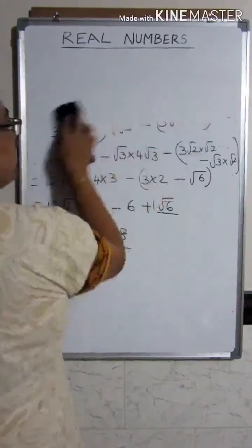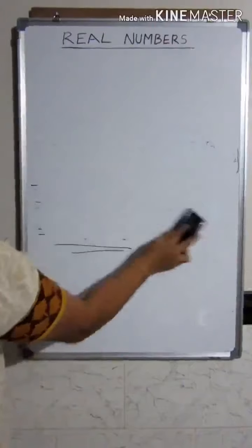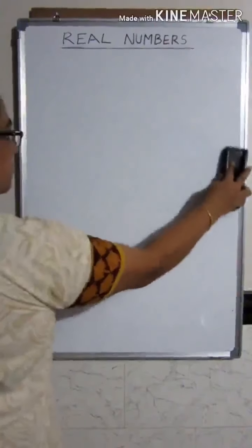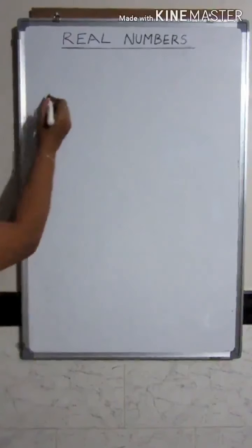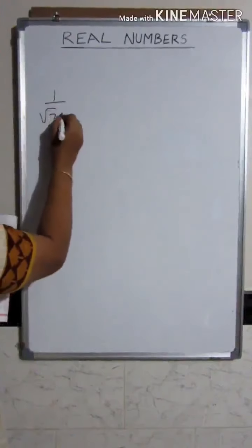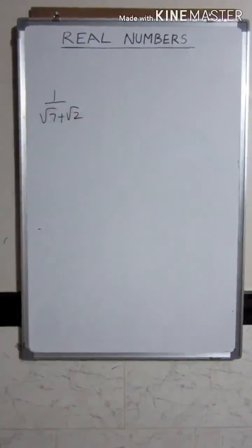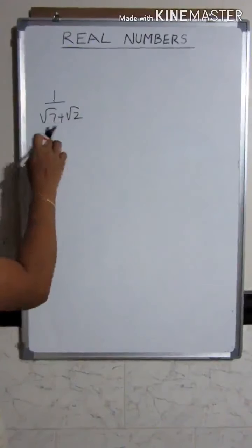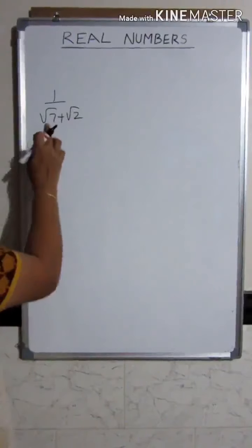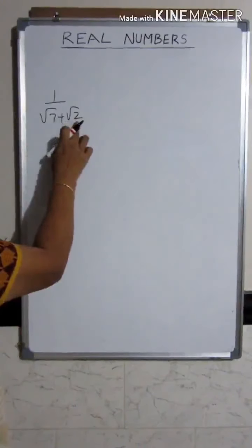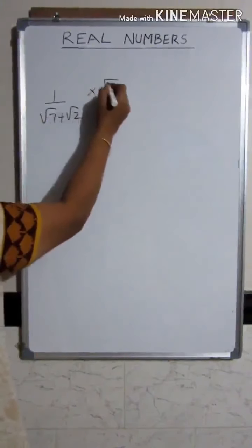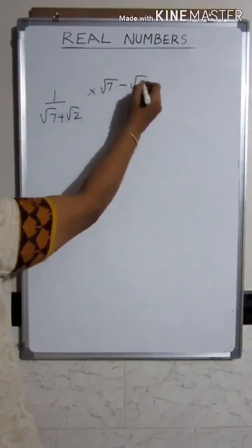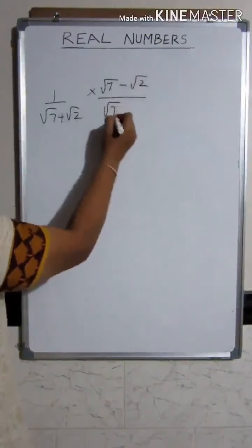Now the second type of problem you have got is rationalize the denominator, where in the denominator they have given the value in terms of quadratic surd. Now you have got 1 upon root 7 plus root 2. So you have to rationalize the denominator. So to rationalize the denominator, you have to find out what is the conjugate surd of this binomial quadratic surd. So root 7 plus root 2. So the conjugate surd will be root 7 minus root 2. So you have to multiply by the conjugate surd both in the numerator as well as in the denominator.